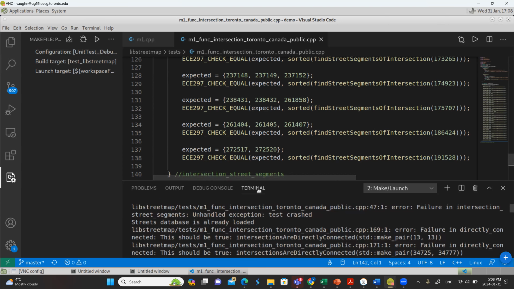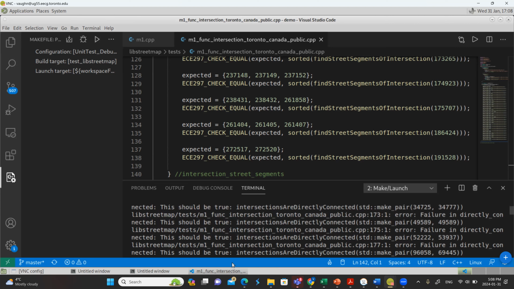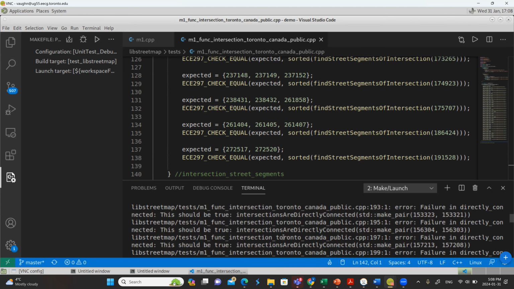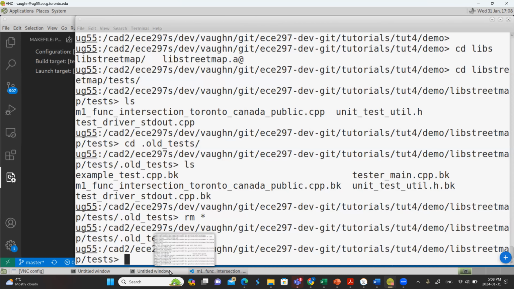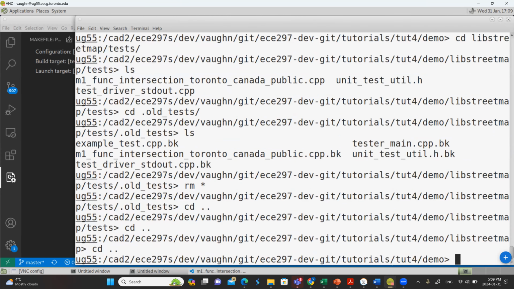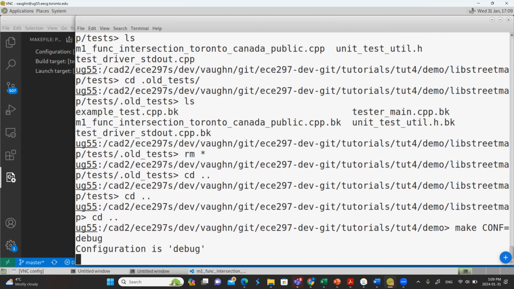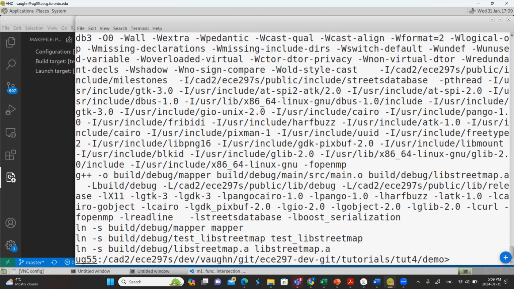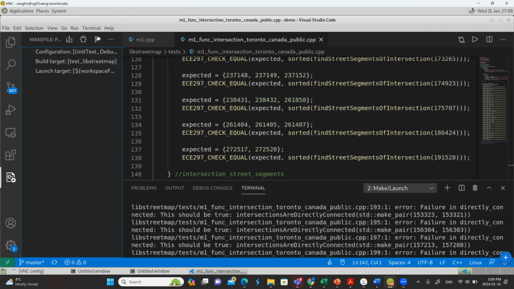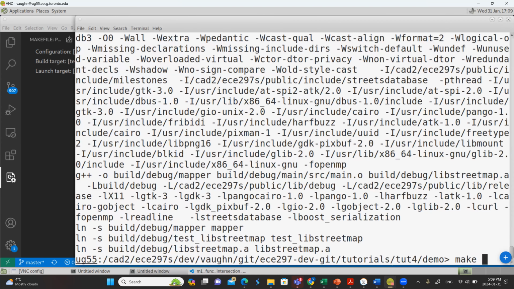And what do I get? Let's see. Yeah, this is a strange thing that happened to me before too. So Visual Studio Code does slightly odd things with make files. So it's still running the old code. It hasn't fully rebuilt it. So I'm just going to go out here and rebuild it. Okay, so I'm going to rebuild the debug configuration. And now I'm going to run this again. And that's interesting. Okay, so it's got some old code lying around. Let me clean this.